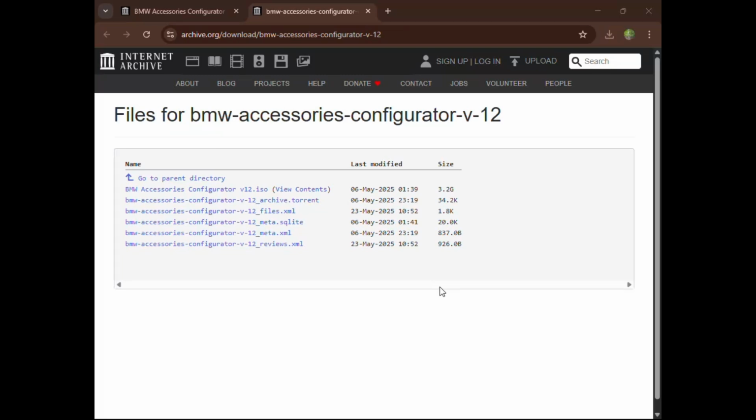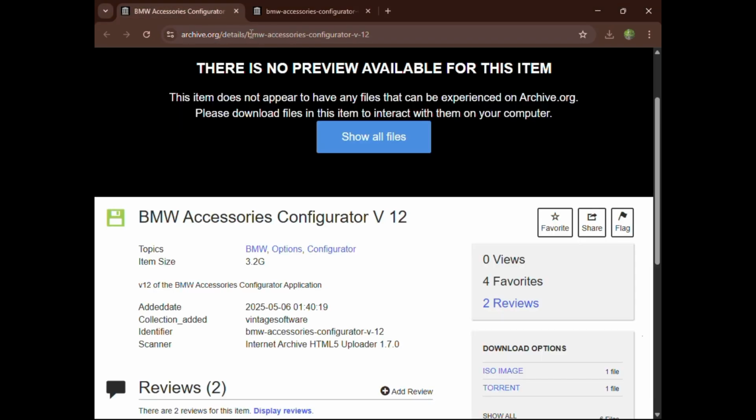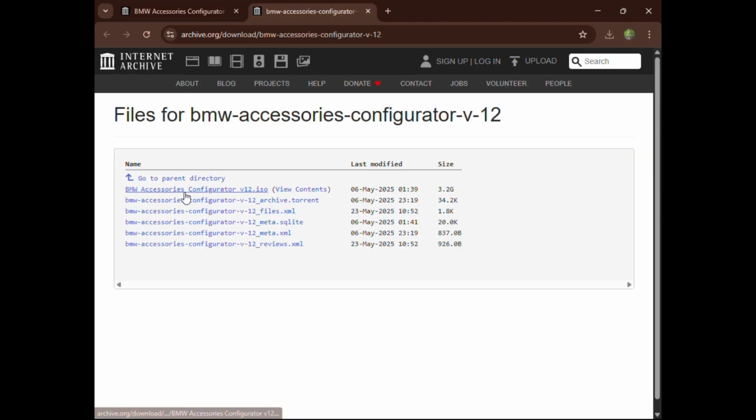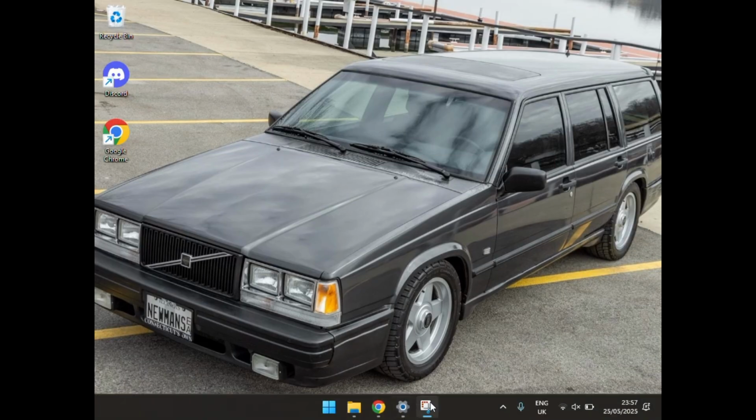So today I'm showing you how to download version 12 of the BMW accessories configurator, which is here. You want to go to that website right there, and then click show all files. It'll open another tab. This here, you want to double click that, it'll download, and then while it's downloading, you just want to go